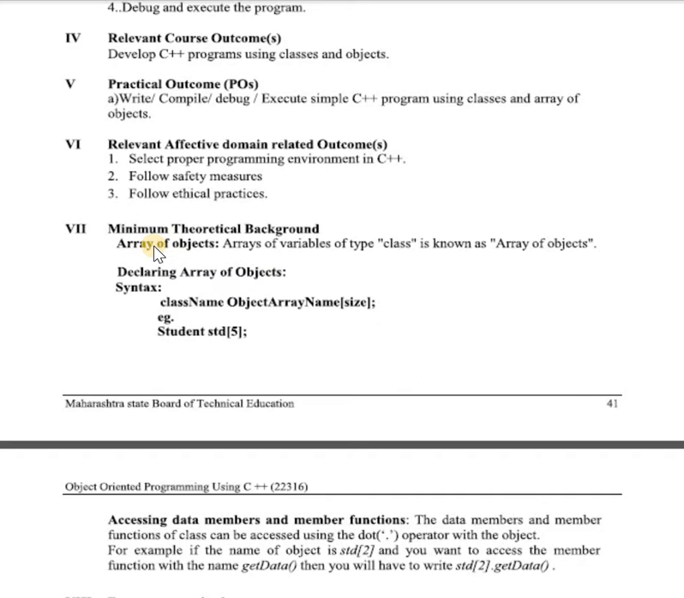How to declare an array? First you want to specify the data type, then you can give the array name, and in square brackets you specify the size for that particular array. In the same way, there is a declaration for array of object. How to define an array of object? First you want to provide a class name as a data type, then the object array name, and here you want